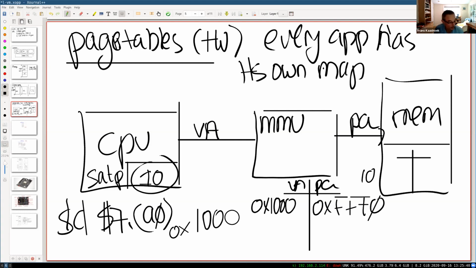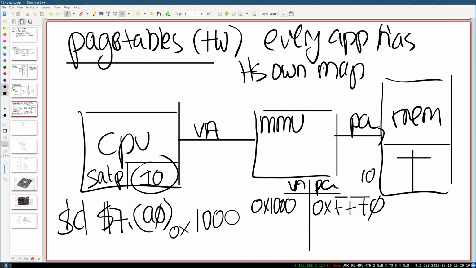Anybody? How many addresses are there on the RISC-V in principle, or how many addresses could a register store? Registers are 64-bit wide, so how many addresses? Anybody? I know I'm insulting your intelligence by asking these questions, but